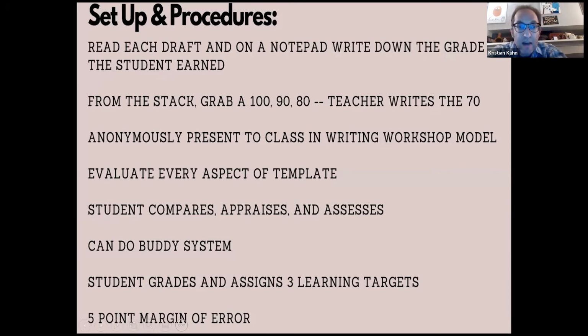So that's a quick rundown of 100, 90, 80, 70. And again, if we're within 5 points of each other, I'll keep the higher grade and I will respond to them. So they'll write in their margin and I'll write back and boom. So you can see there, it's onus splitting, right? It's not all on me.